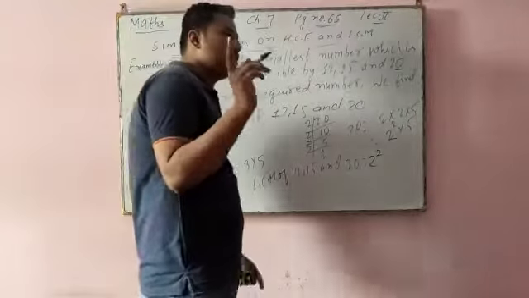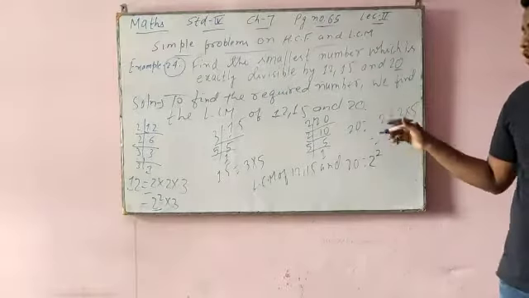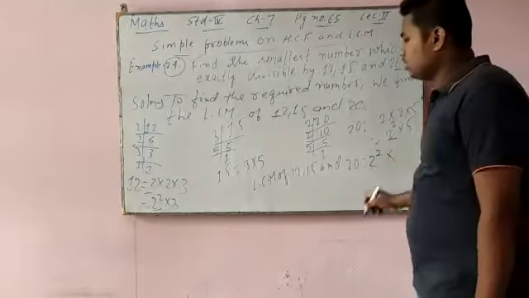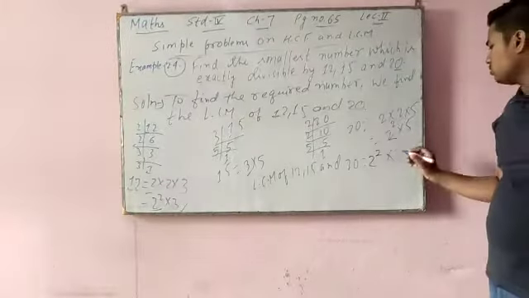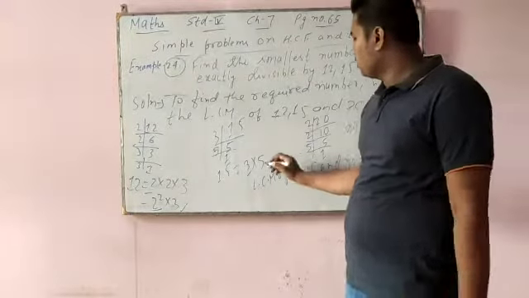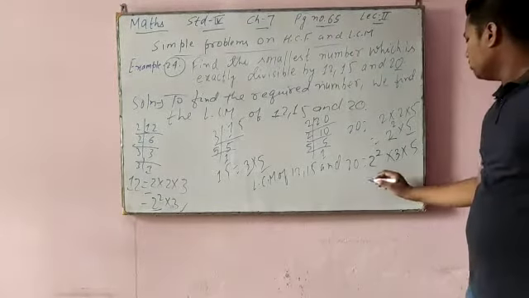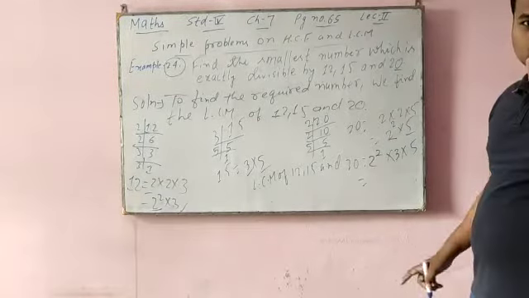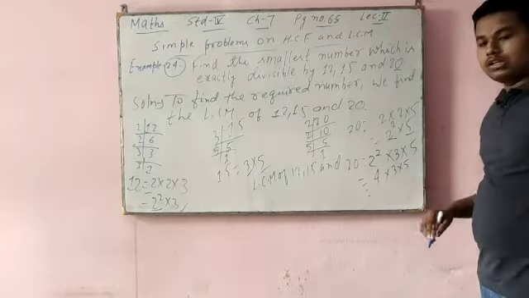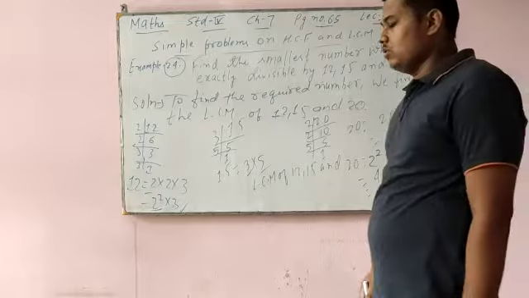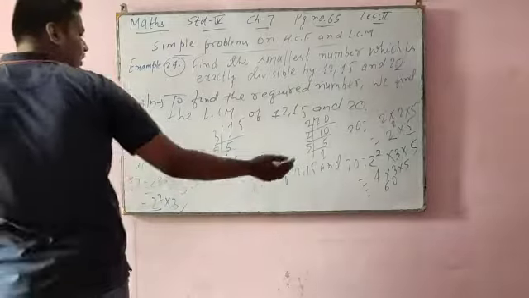Why? I told you in earlier classes also, whenever you find a common number in LCM whose power is more, we have to take that number in LCM. Now see, here 3 is there, here also 3, here no 3, so only one 3 is there, power is 1, so we will take only one 3. Now come to this, here 5, here also 5, both powers are 1, so we will take only one 5. Now multiply. 2 to the power 2 means 2 into 2, that is 4, into 3 into 5. 4 into 3 is 12, 12 into 5 is 60. So we will find 60.